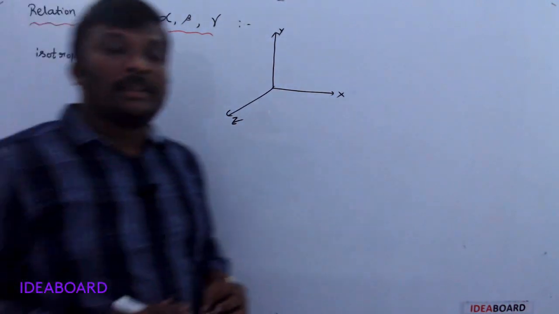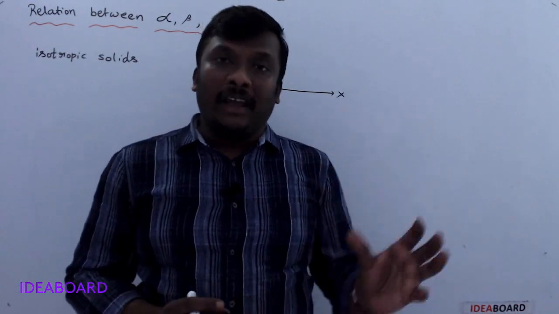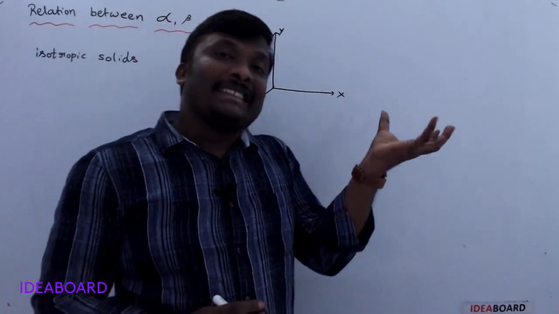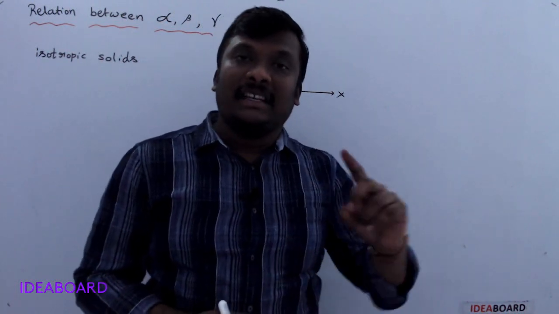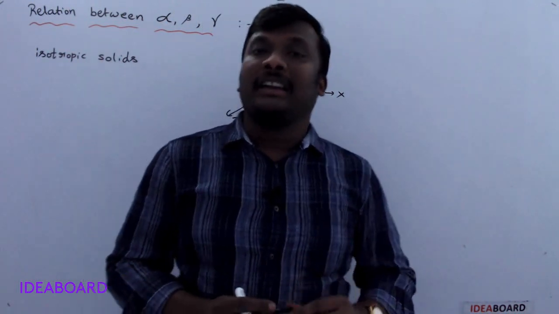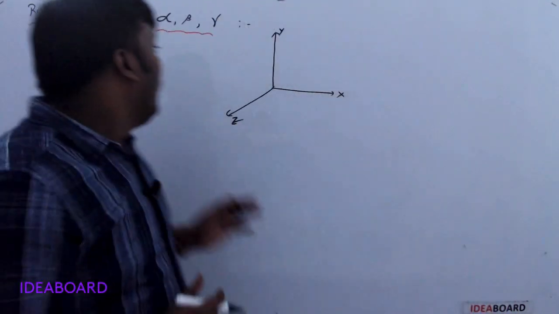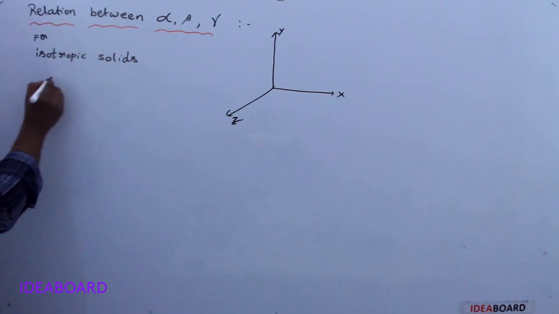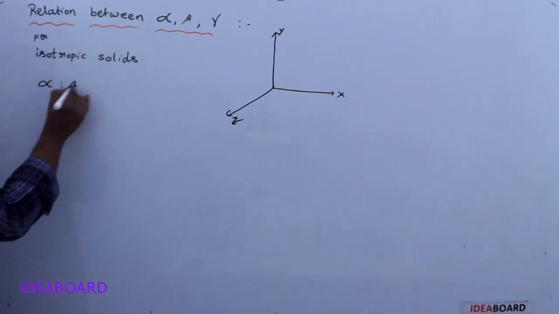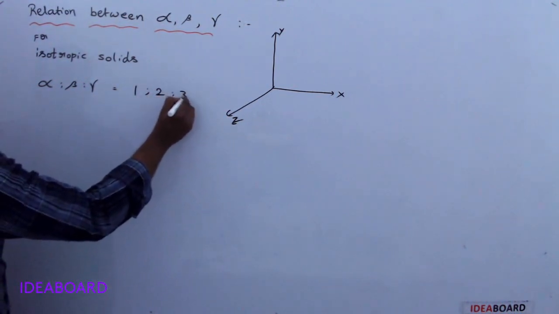What are isotropic solids? When a solid material is heated, if the expansion is the same in all directions, then that type of solid is called an isotropic solid. Clear? So for isotropic solids,